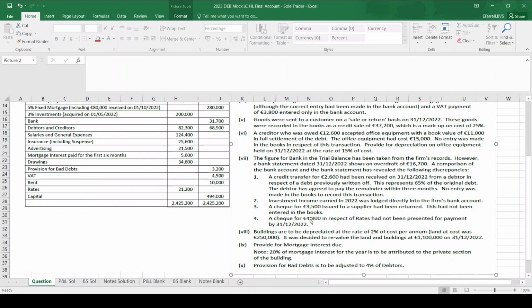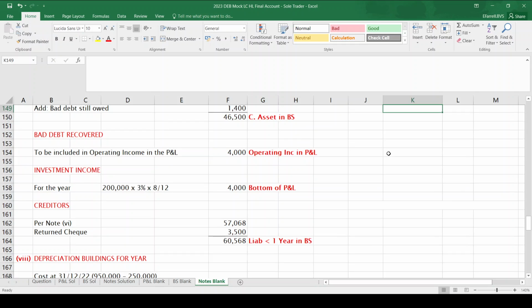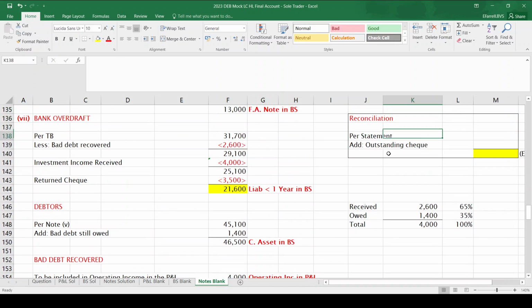Now, the fourth note here was a cheque of 4,800 in respect of rates that has not been presented for payment. So we wrote a cheque of 4,800 for rates, but it wasn't cashed yet. So we do know about this cheque, okay? So we actually don't need to do anything to our bank figure, but it hasn't hit the statement yet, so the bank doesn't know about it. So currently, and again, this is just a little reconciliation here, per the statement,